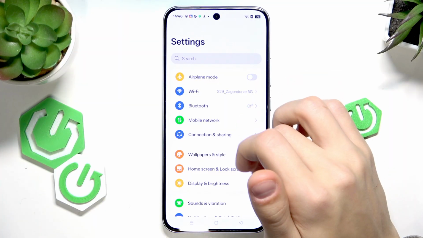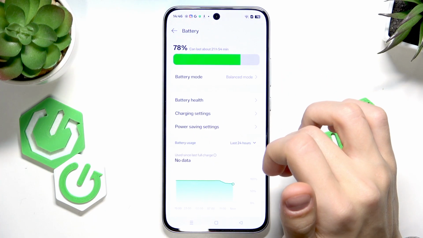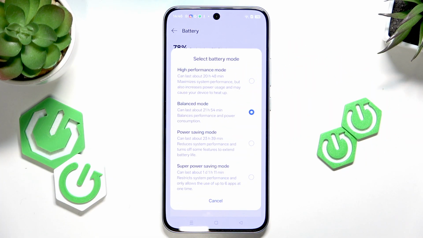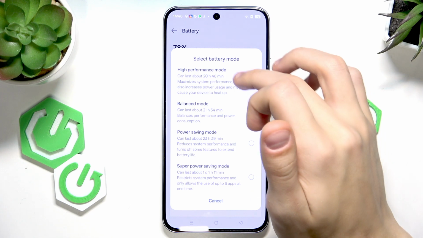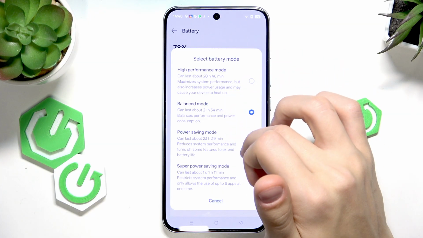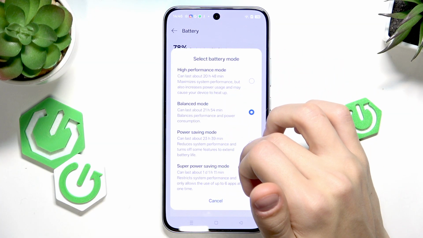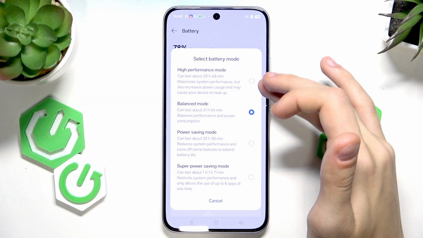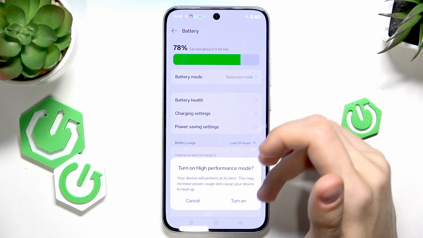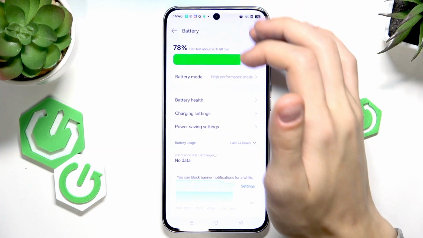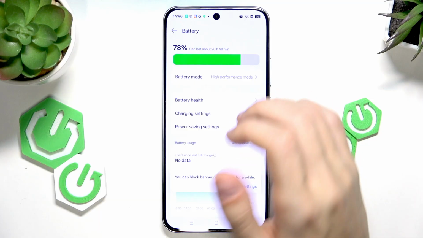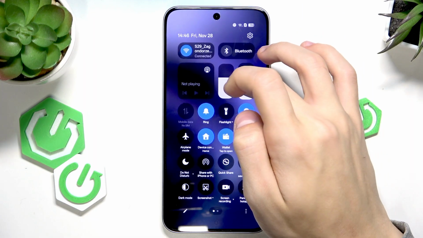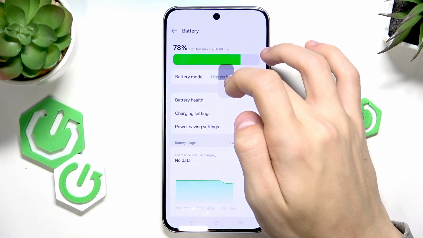So if you go to settings, then scroll down to battery, and then tap on battery mode. There are a few options that we can select from. So we have high performance mode, balance mode, power saving mode, and super power saving mode. So if you want the performance at a little cost of less battery life, make sure to enable high performance mode. So it will perform at its best, so it will max out all of the performance features, but it may heat up a little, and the battery is going to be